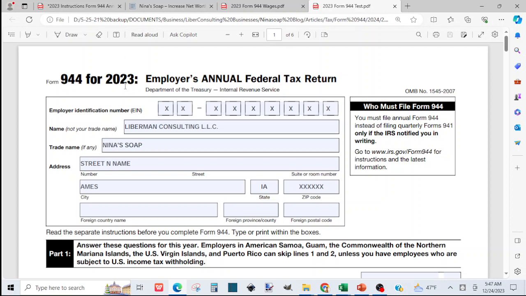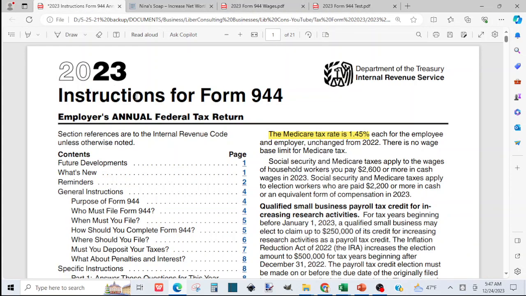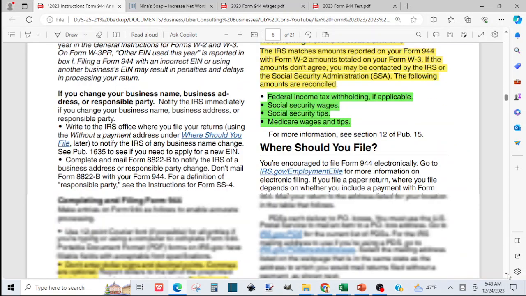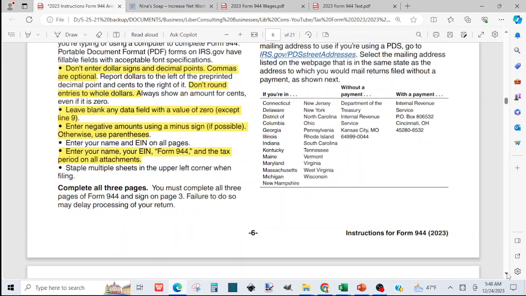So you'll have the latest version for the year you want to file for, and you'll have the instructions open as well. I suggest you read the instructions and highlight things that you find interesting to work with. So we are going to go to page 6 of the instructions, and they said